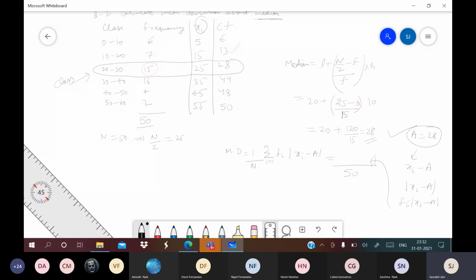I hope this is clear to you. And when you solve this, you will get 508 as the final value. This question is solved in NCERT. You can see from there as well. However, there is nothing new. Rest everything is similar kind of calculations. Just the difference in finding the mean and median every time.